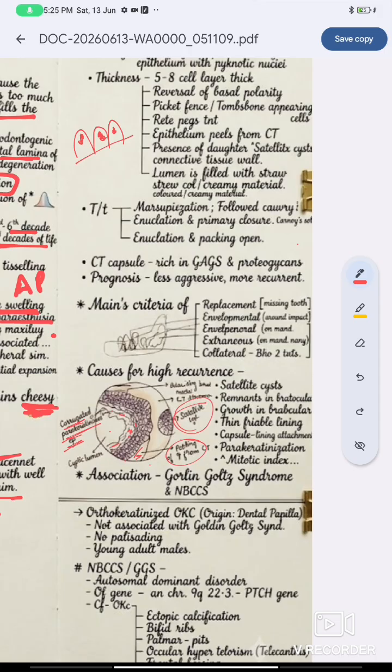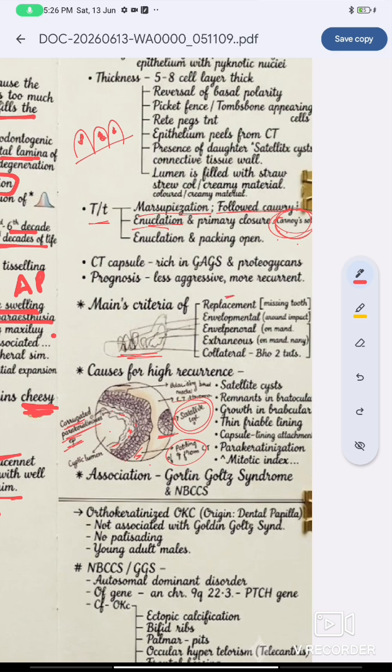Another characteristic feature is the satellite cysts. These are the most notorious part of the OKC that is responsible for the high rate of recurrence. So coming to the treatment, for large cysts it is marsupialization followed by chemical cautery with Carnoy solution. Carnoy solution is a mixture of glacial acetic acid and FeSO4, which is used for chemically cauterizing and removal of the satellite cyst, which cannot be removed by other methods. Then comes enucleation. Enucleation is for smaller cysts that are away from vital structures.